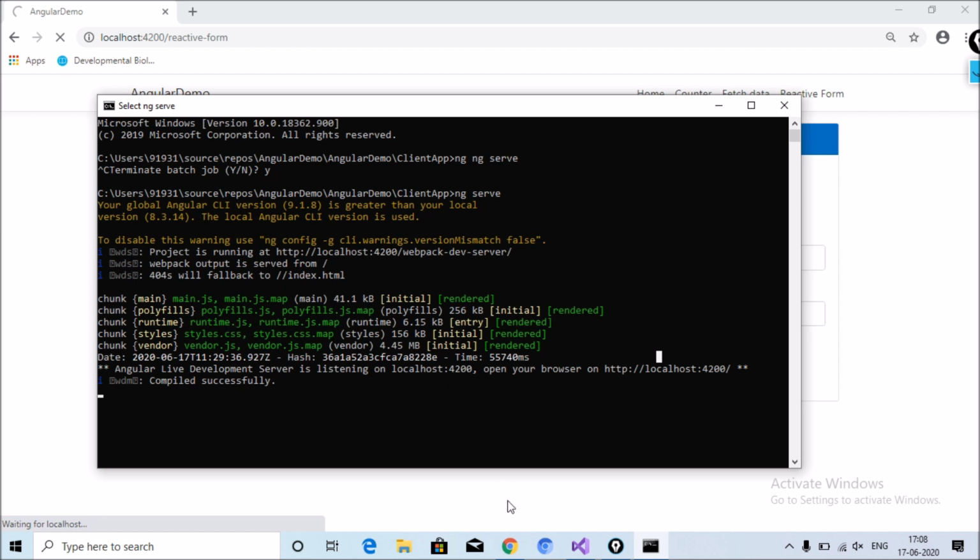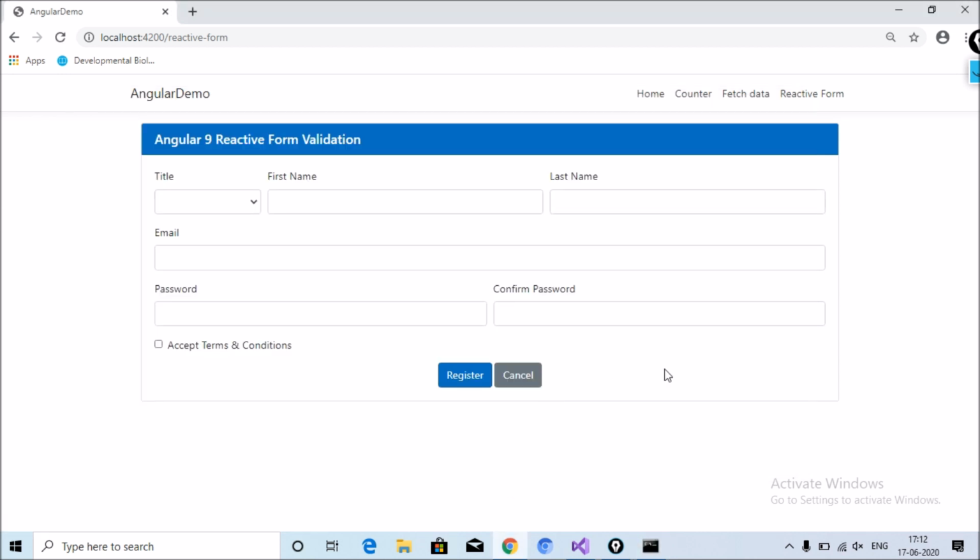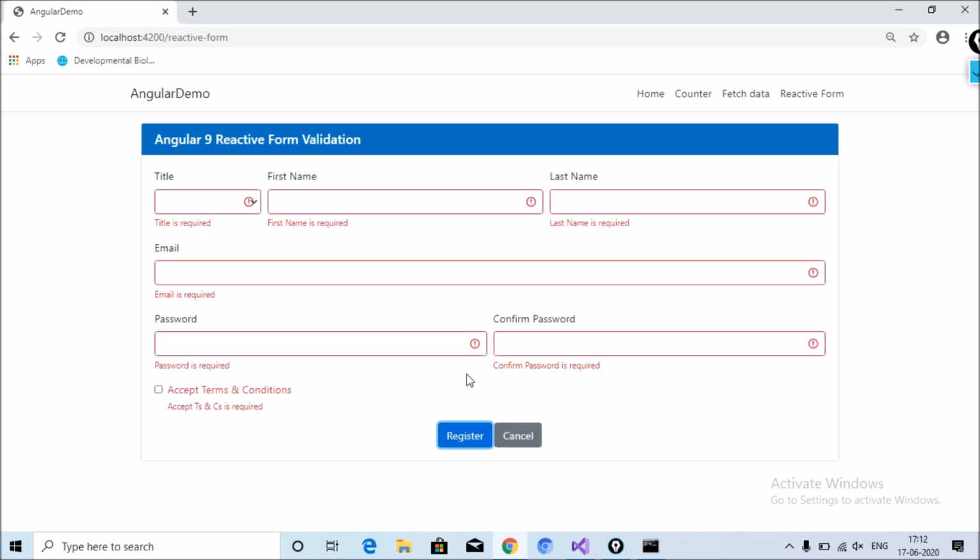You can see on screen that the form is showing here, and I click on the Register button. You can see all the validation here: the title is required, first name is required, last name is required, as well as an information sign showing that email is required, password is required, and confirm password is required. Suppose I select, for example, a last name like that,